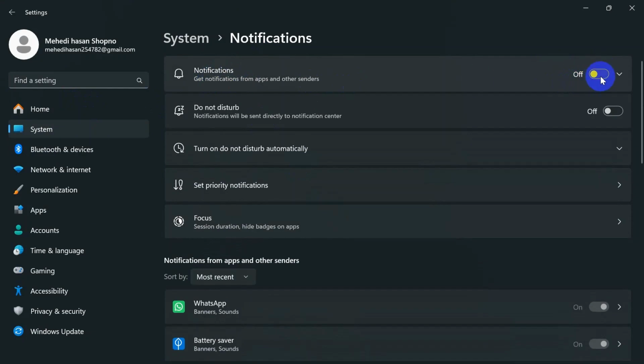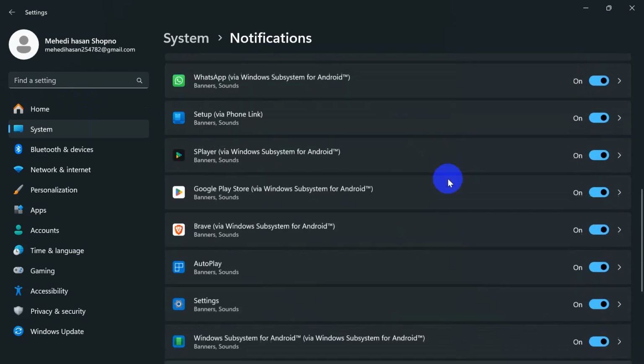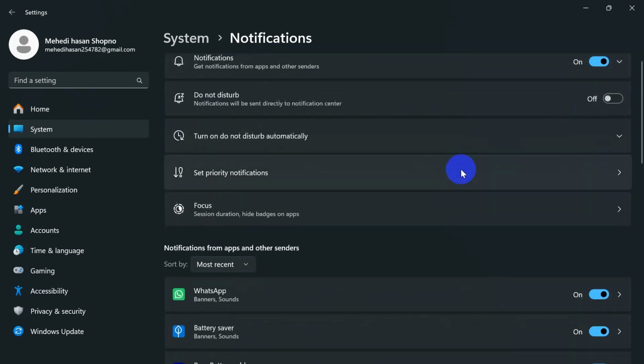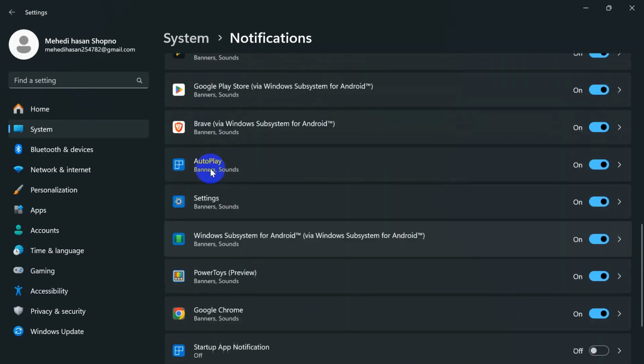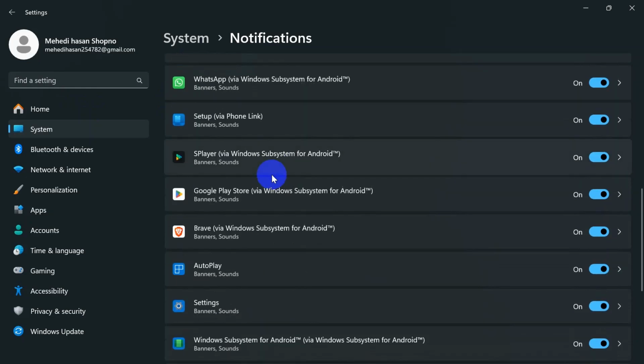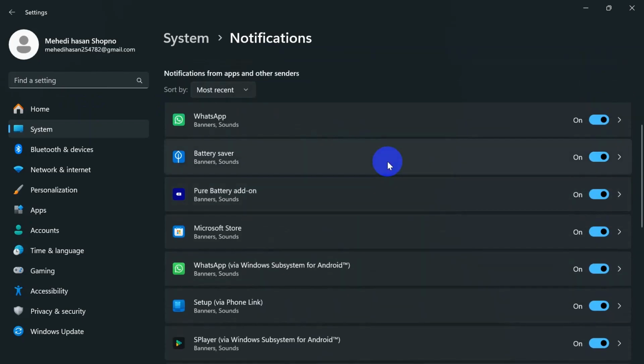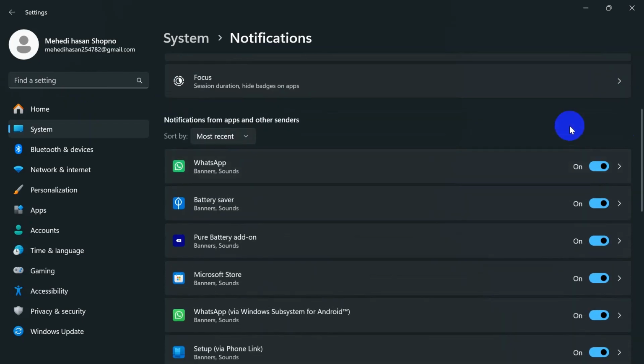Here you can see in my notifications it's turned off. If you turn it on, you can see you have got all notifications from all of those apps. But most of the time you won't get any kind of update notification from your Windows, or any maintenance notifications from your Windows too. So for that, I recommend you customize your notifications, which helps you to stop annoying notification pop-ups